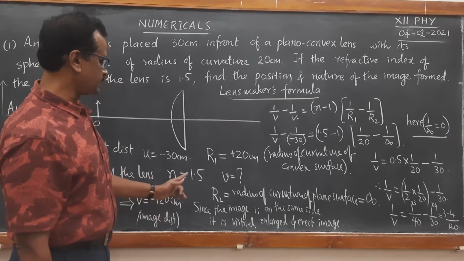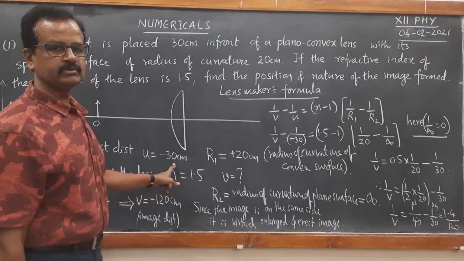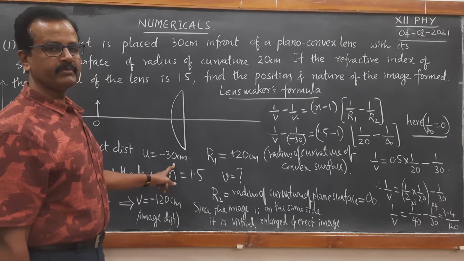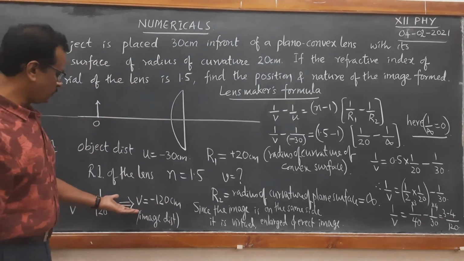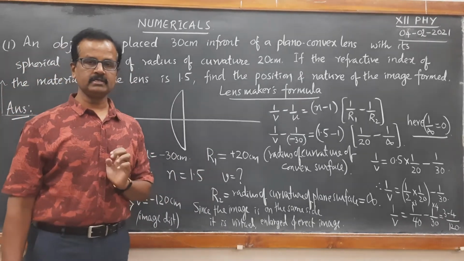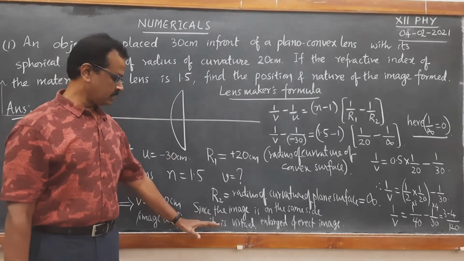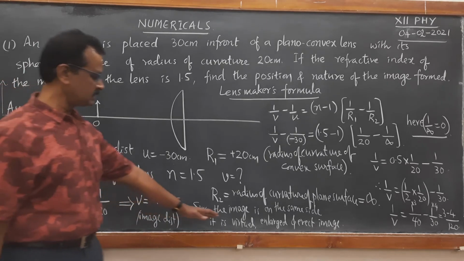If you see, object distance is −30 centimeter, image distance is 120 centimeter. Definitely it's going to be an enlarged image, because v/u gives us magnification. So 120 divided by 30 gives you 4. 4 is the magnification, and it's going to be plus 4. When the magnification is positive, remember the image is always virtual. You can verify using that also. Since magnification is positive, therefore it is a virtual image.